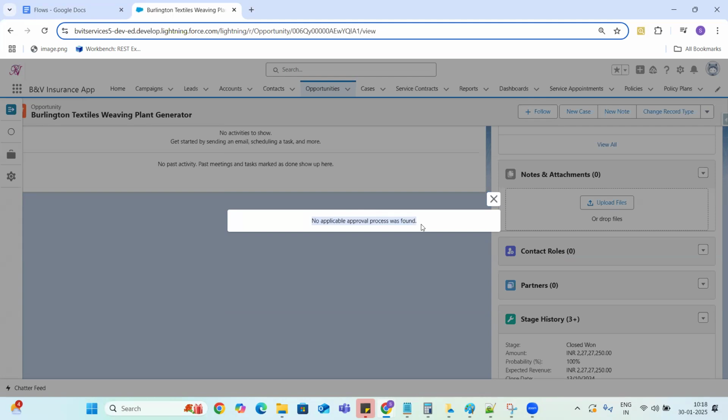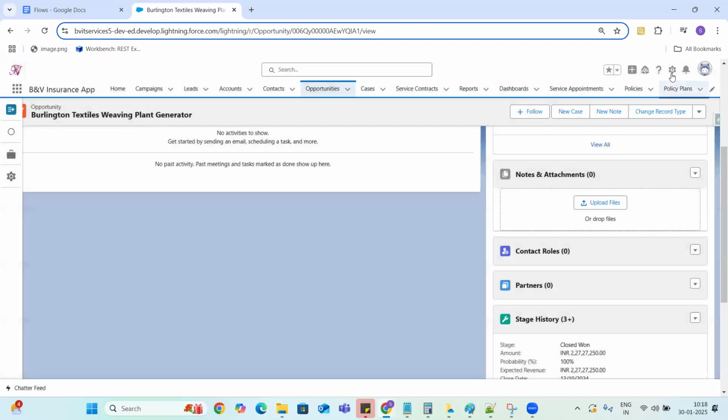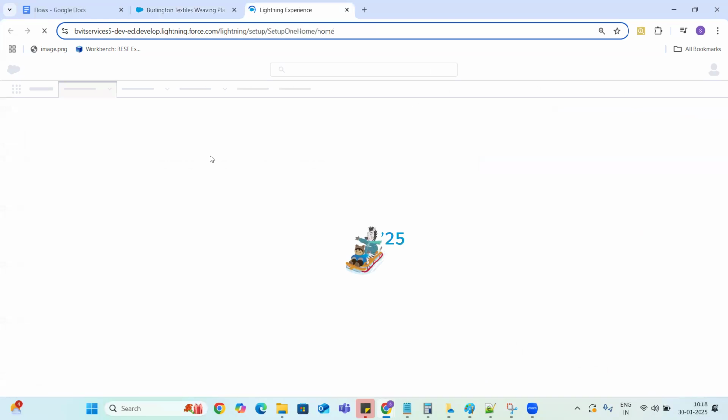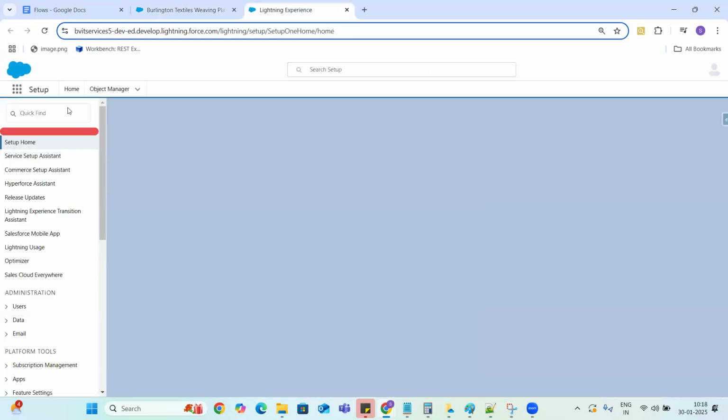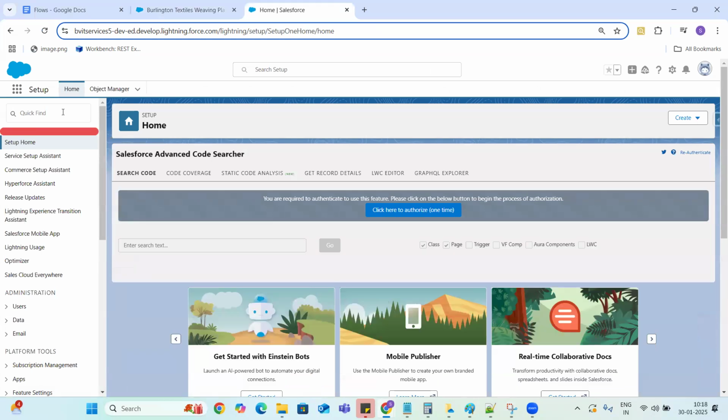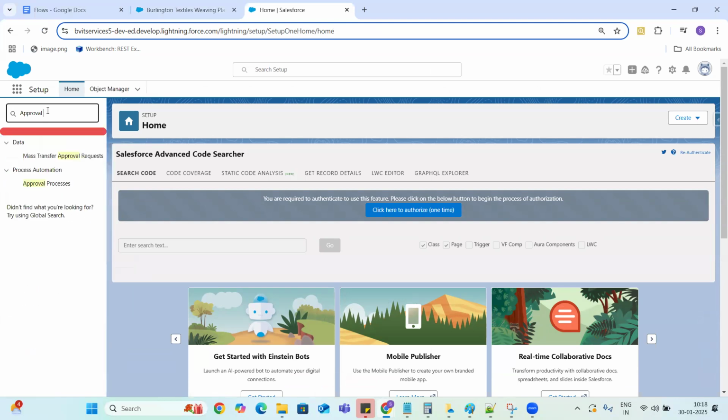So in Salesforce, we have a concept of approval processes, guys. If I go to setup, from there we can search for approval processes.